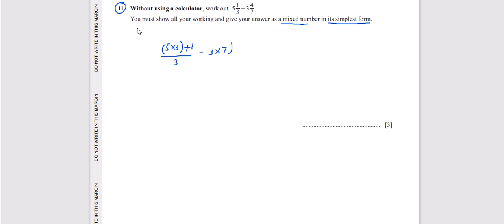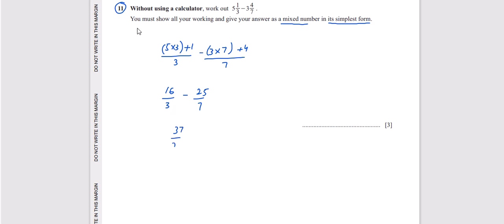3, minus 7 multiplied by 3, plus 4, divided by 7. 3 multiplied by 5 is 15, 15 plus 1 is 16, divided by 3, minus 3 multiplied by 7 is 21, 21 plus 4, that is equal to 25 over 7. Solve this one, we get